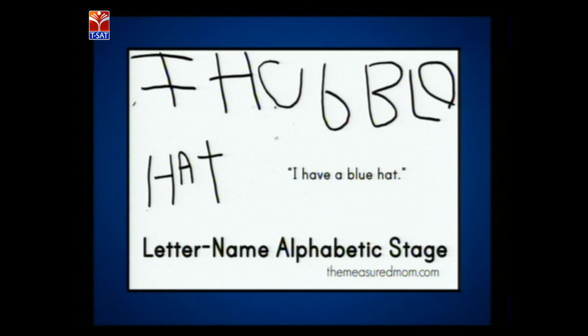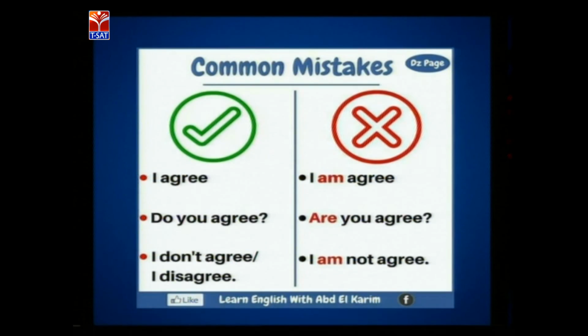And see, once again the same slide, I have a blue hat, H is written in capital letter, blue, B is written capital, again H. So conventions of writing is a problem for children. The capital letters and small letters, the punctuation marks. See here,